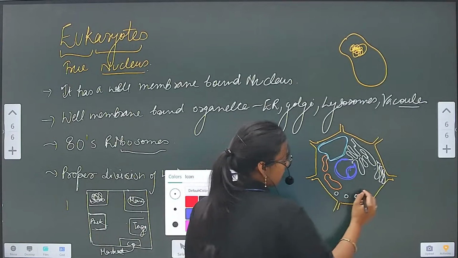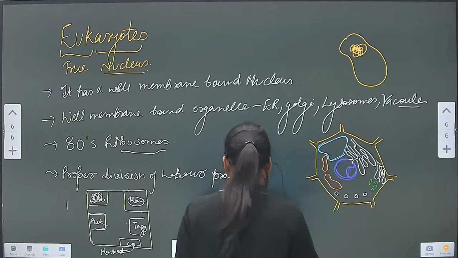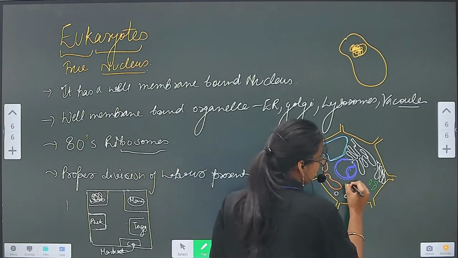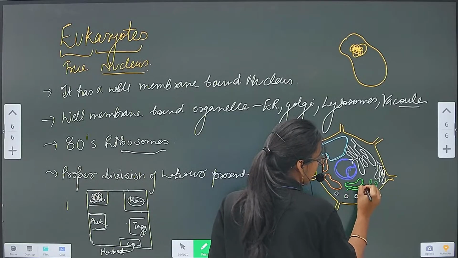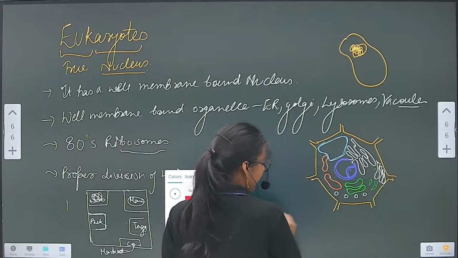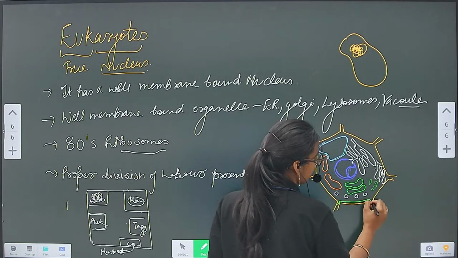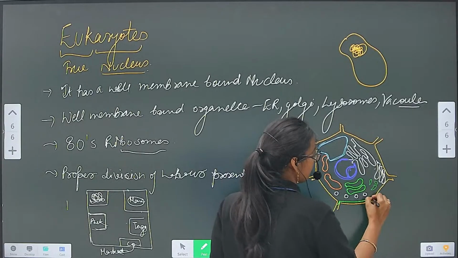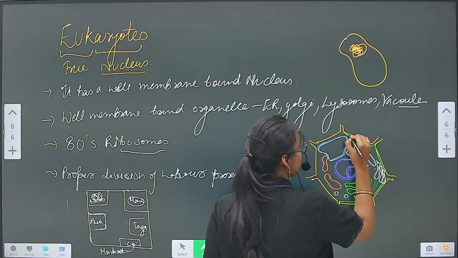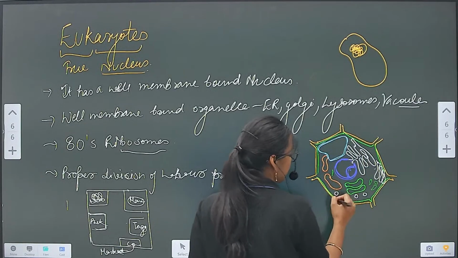Then we have peroxisomes, then we have chloroplasts, very important, we have chloroplast. Then we have the outermost cell wall and the inner cell membrane is also present. And then we'll also see between two adjacent cells,